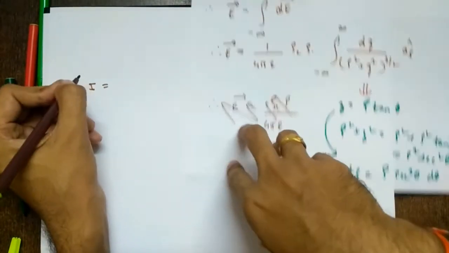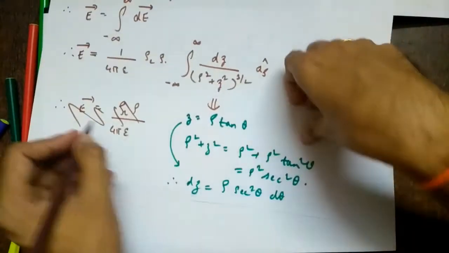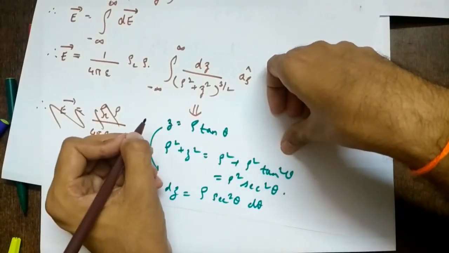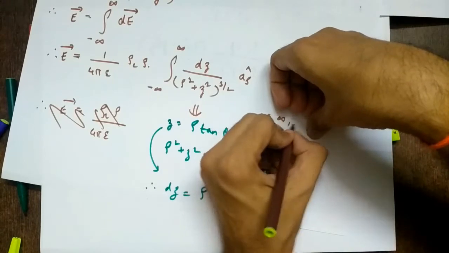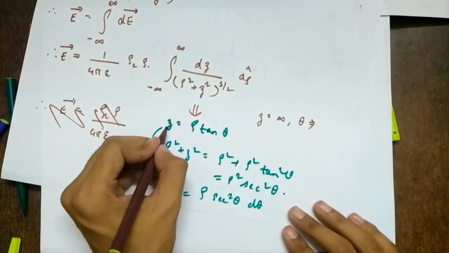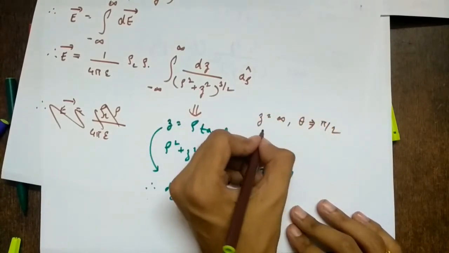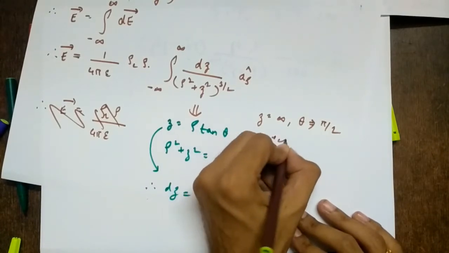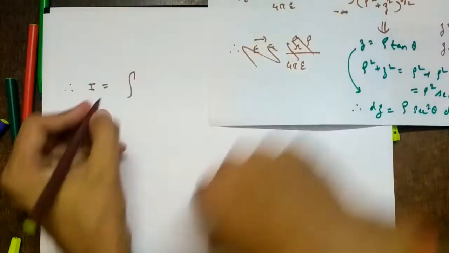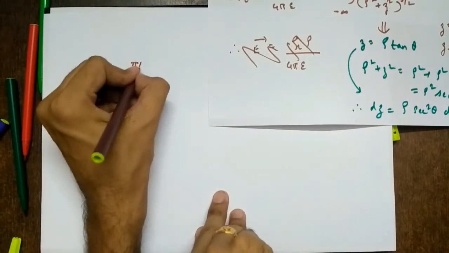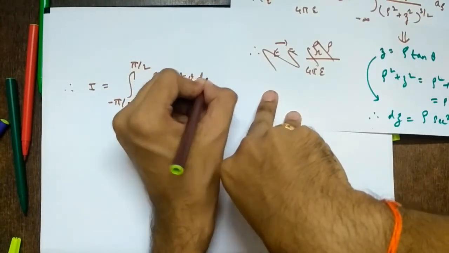Let's say the integral is I. In the exam you write stepwise. I equals the integral, and the limits will change, so we'll have limits of theta. Tan theta is z by rho. When z equals infinity, tan theta is infinity, so theta is pi by 2, since tan pi by 2 is infinity. When z equals minus infinity, theta will be minus pi by 2, because tan of minus theta is minus tan theta. So the integral from minus pi by 2 to pi by 2, dz is rho secant square theta d theta,